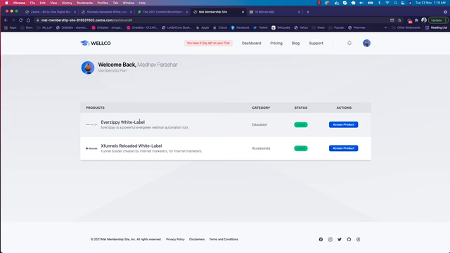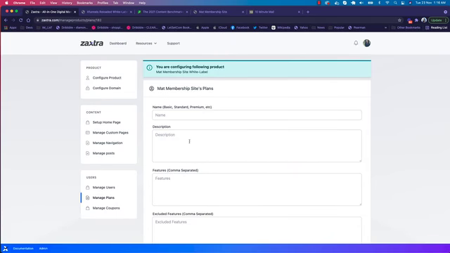automatically without doing anything. You can manage everything from one dashboard: all your membership sites, your downloadable products, your lead magnets, your software as a service, your pages, your blogs, your custom pages, your navigation, and even your payment gateways. You can manage everything from a single dashboard. It works like magic, it's very easy to use and very convenient.